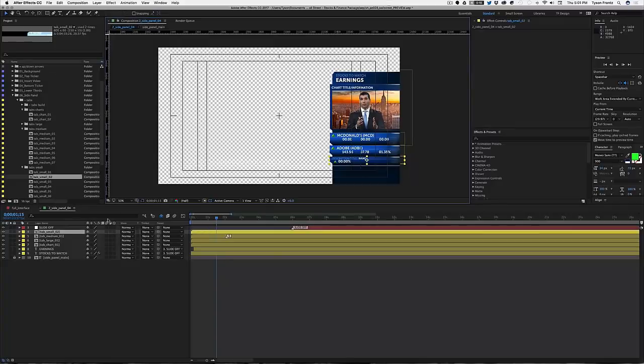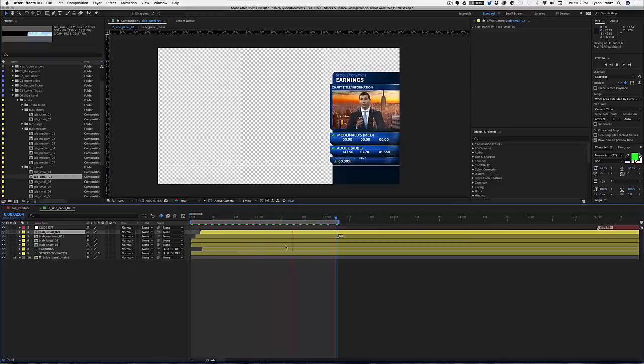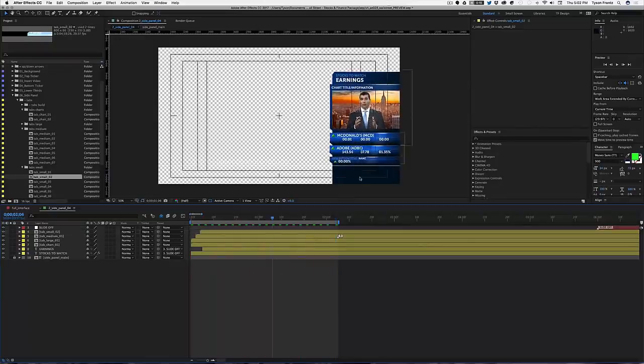So we have all of this, and then we probably want to stagger these in time so that they don't come on all at the same time, and it adds a little bit of variance in the animation. But let's go ahead and preview render this just to see what it looks like. So there we just built our own side panel real quick. And you don't even have to use these little side tabs if you don't want to use the